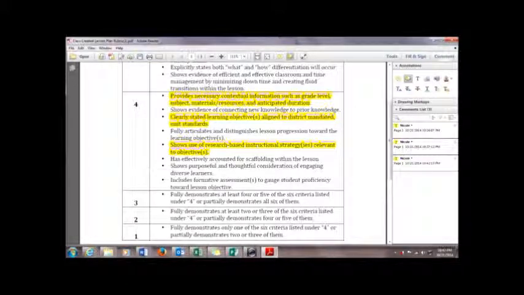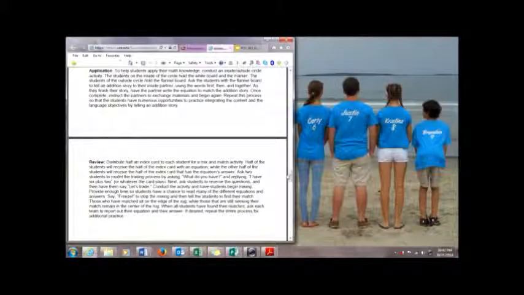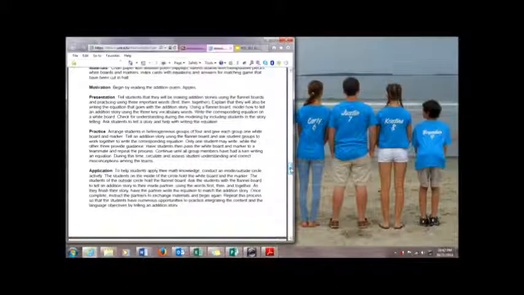As far as scaffolding goes, we're looking at how the presenter sets it up. So he's originally doing the I do, where he is setting up, giving them questions, presenting, and doing it on his own. And then he gives them a little more freedom. So he's taking away a little bit of the supports that they maybe had at the beginning, where he's doing it all for them, and giving them the chance to try it out. And so he's walking around kind of helping them with maybe misconceptions they have,